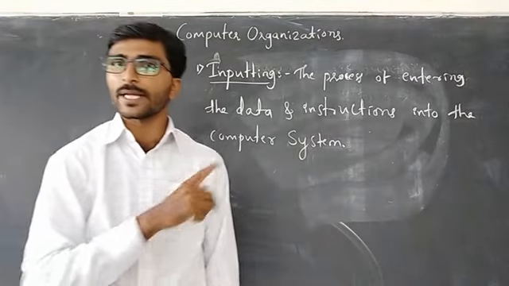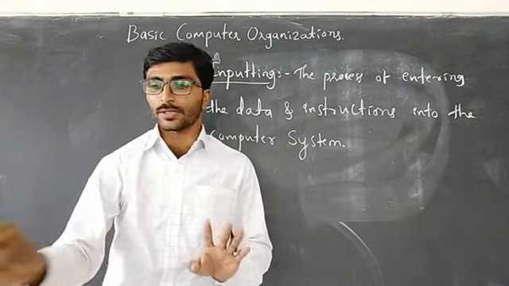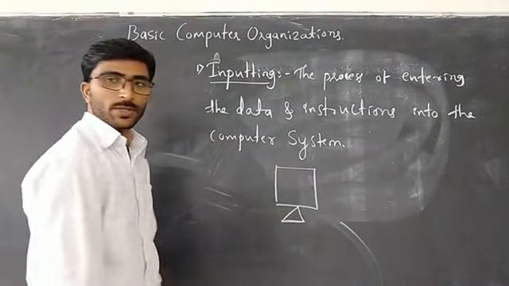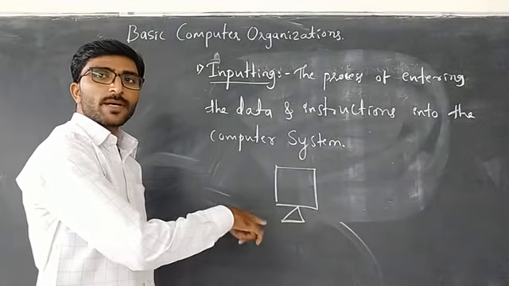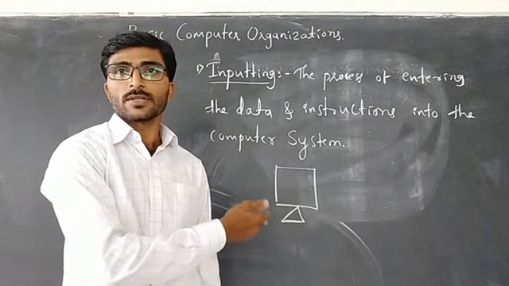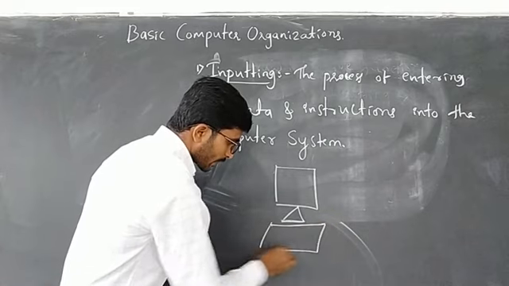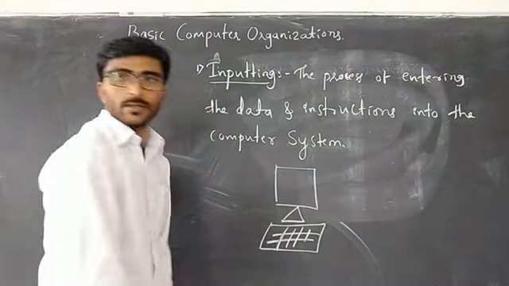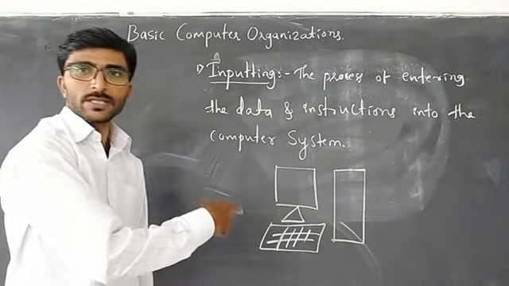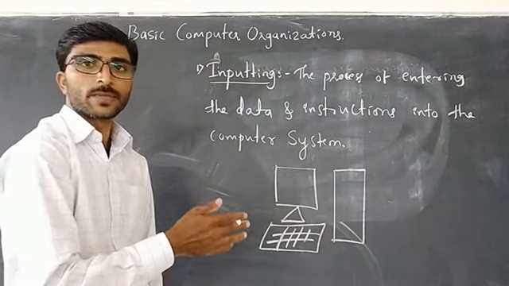For example, I will give one example here. We have one computer. Assume this is your computer system. This computer system has some peripheral devices, which means extra, additional devices, like a keyboard. Here there is a keyboard like this, and here there is a CPU. I will explain how this computer is organized, each and every part. Don't worry, this is just an example.